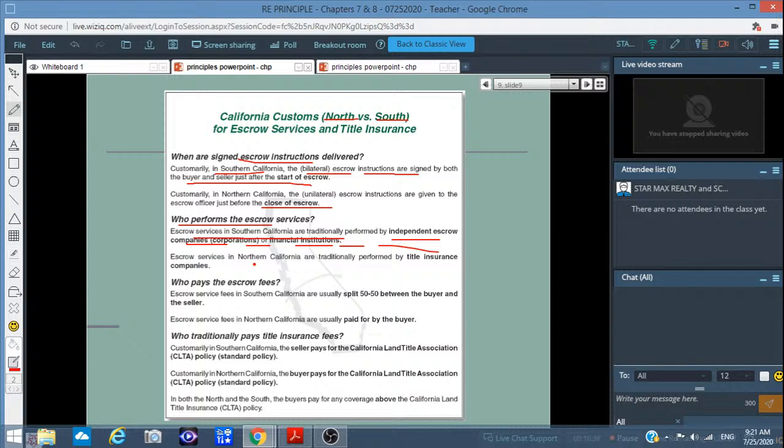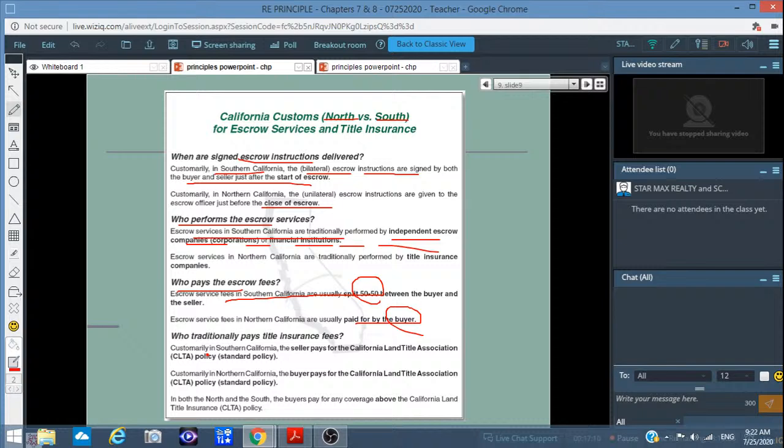南加州呢就比较广了，这是 escrow 公司啊、银行啊、这个律师啊跟这个经纪人都可以做。Escrow services in Northern California are traditionally performed by title insurance companies, so 北加州呢就是产权保险公司来操作。Who pays the escrow fee? Southern California usually splits 50-50. 南加州呢就是一人一半。Escrow fees in Northern California are usually paid by the buyer. 北加州的话，买主付全部的钱。